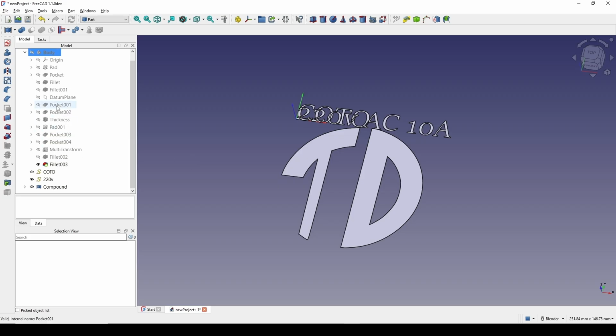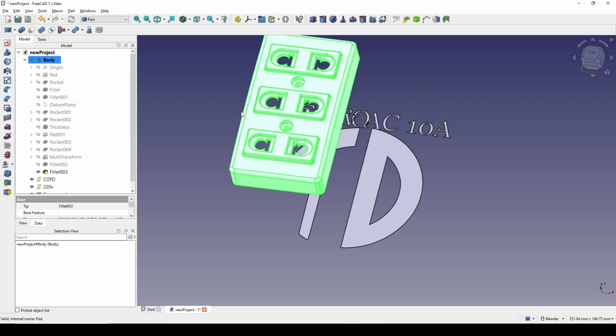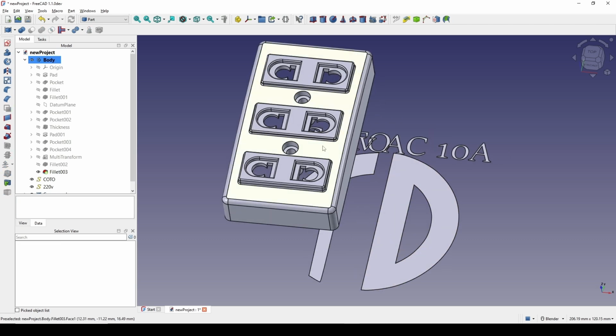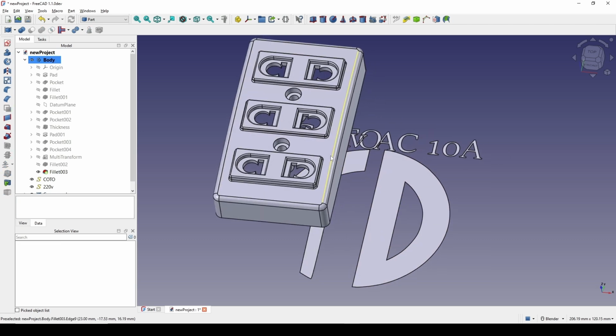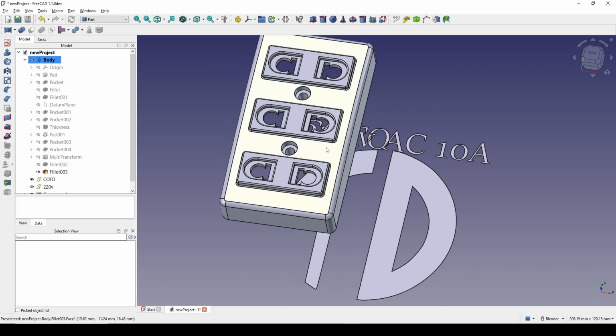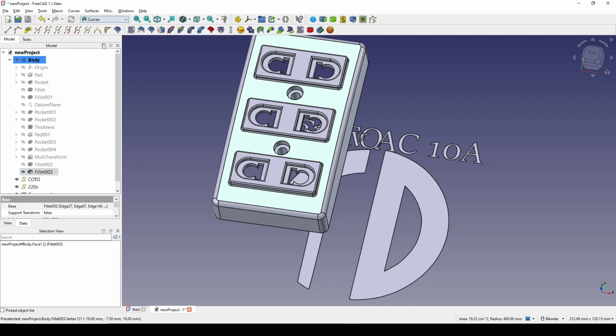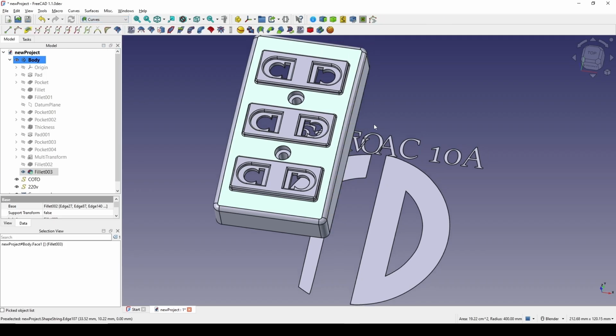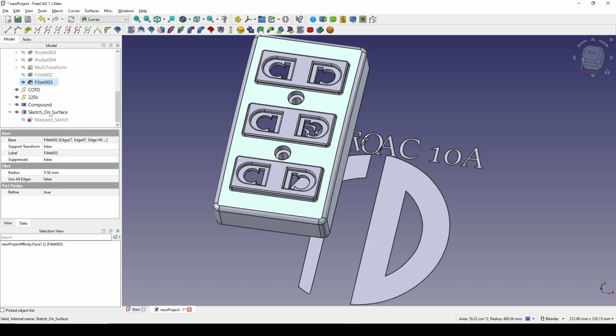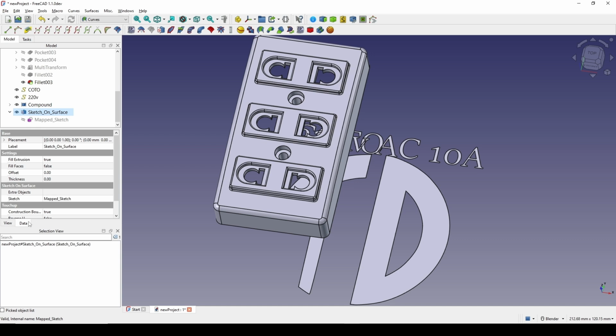So let me show the body. So how do we map it onto the surface over here? I click on the surface, and then I go to the Curves Workbench. In the Curves Workbench, I click on Sketch on Surface, over here. Inside it is a map sketch, and in the data,